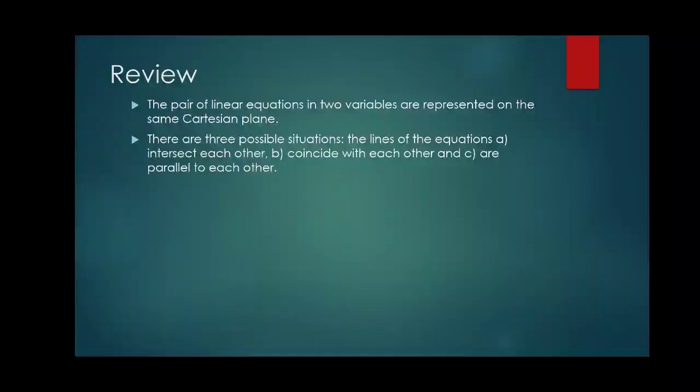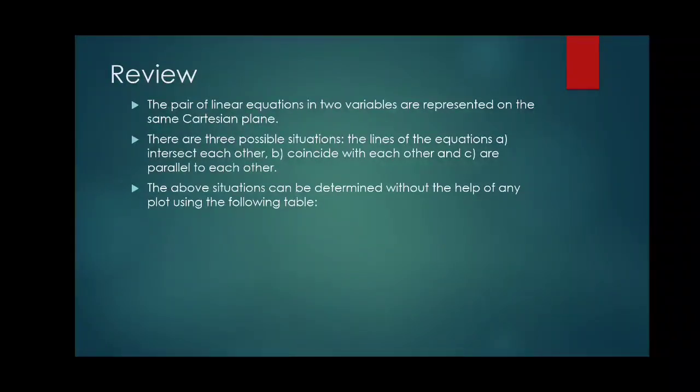There were three results. One was that the lines of the equations intersect each other. That means the equations have one unique solution. The second result was that the lines of the equations perfectly lie on top of each other, or they were coinciding lines, which meant the equations had infinitely many solutions. And the last one was the lines were parallel to each other. That meant they would never meet, and there will never be any common solution to both the equations.